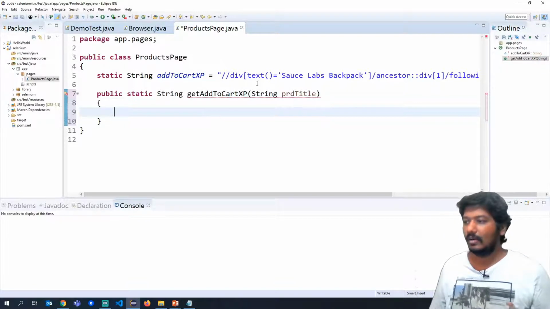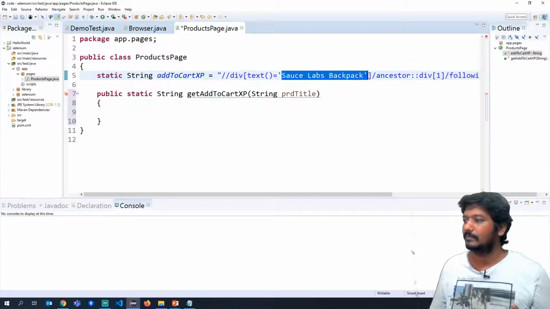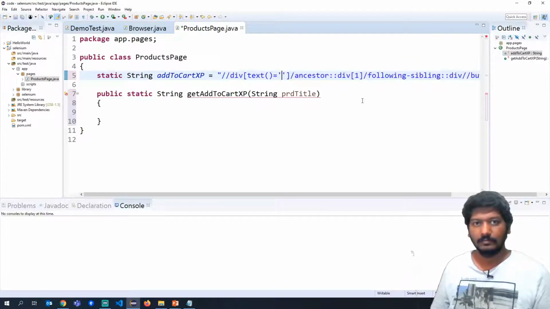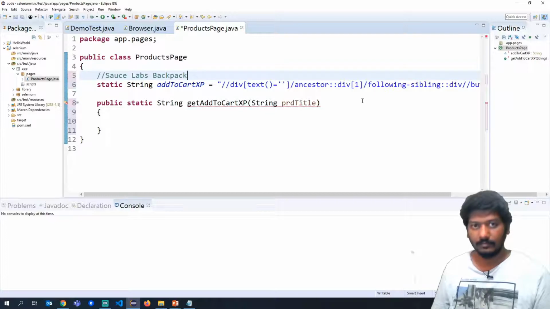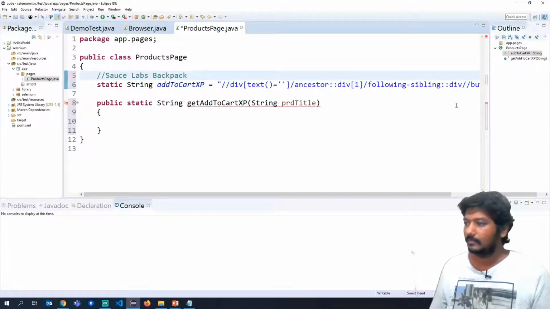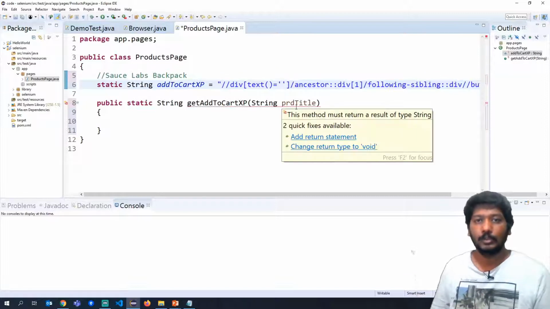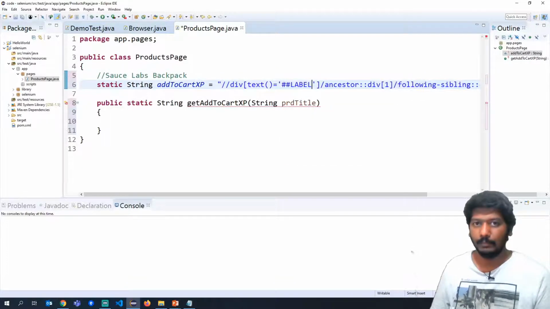Now what I will do is remove this text and put a particular placeholder. I will say label, for example.